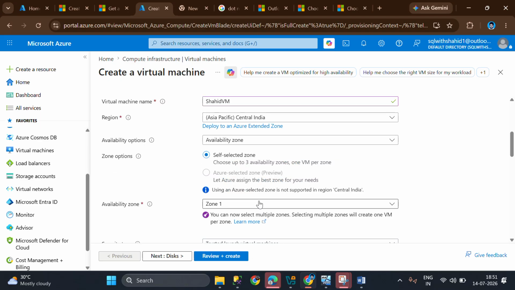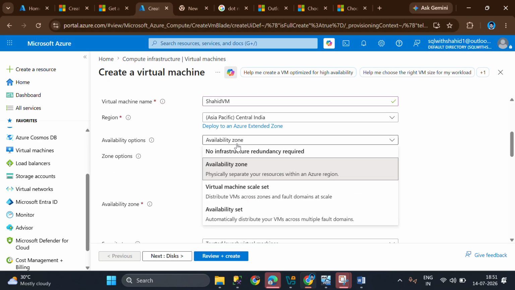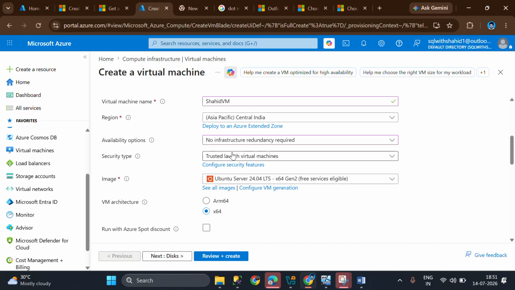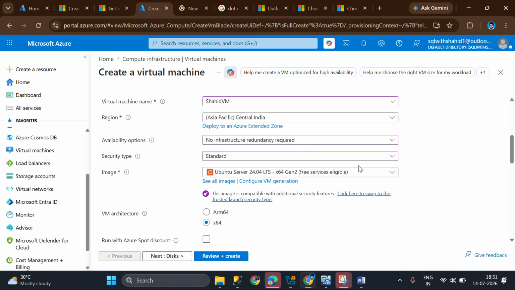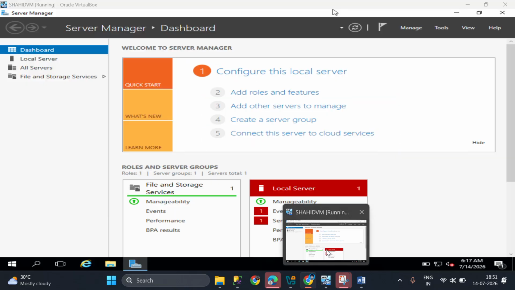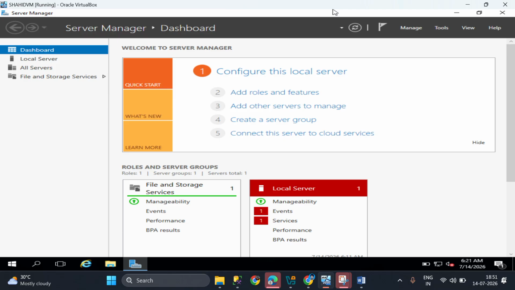Okay, I will be explaining about that also. So for availability zone, you have to keep no infrastructure redundancy required. Okay, if you keep this, it will not charge you more, and you can go to standard here. So for now you have to select that. Here in image, same like that, I have downloaded that image ISO file.